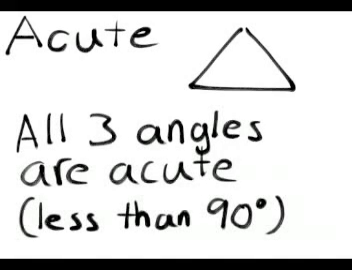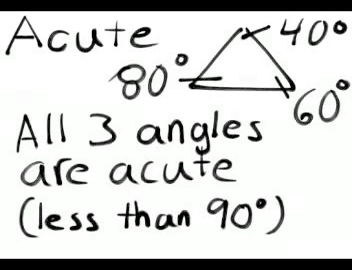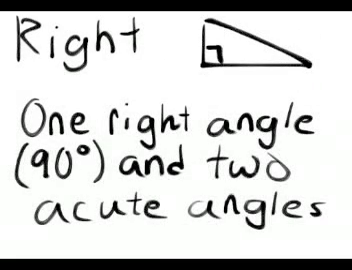We can also classify triangles by their angles. The first way we can classify a triangle by its angles is acute. An acute triangle always occurs when there are 3 angles that are less than 90 degrees. Then there is the right triangle. The right triangle occurs when there is 1 angle that is 90 degrees and 2 angles that are less than